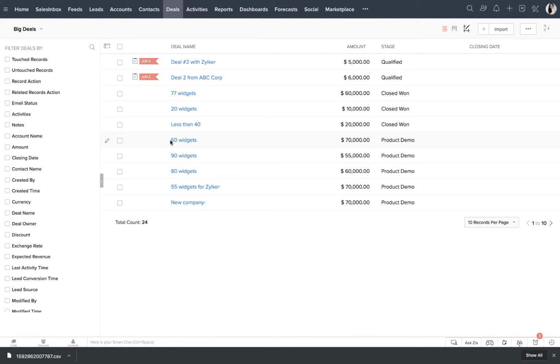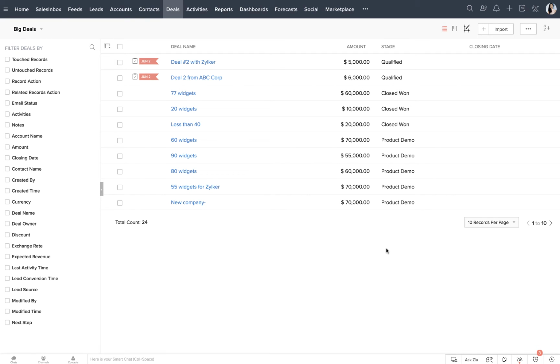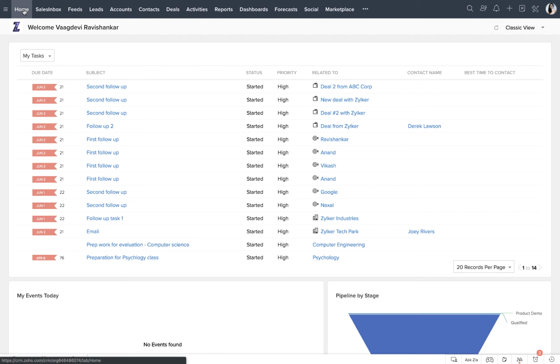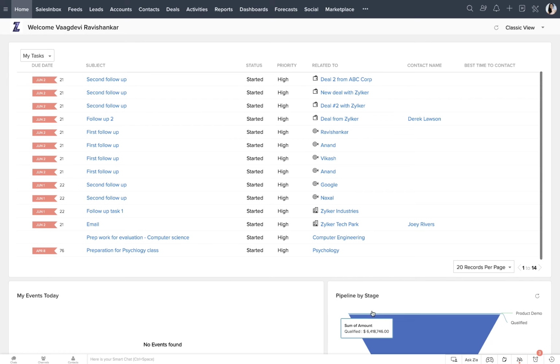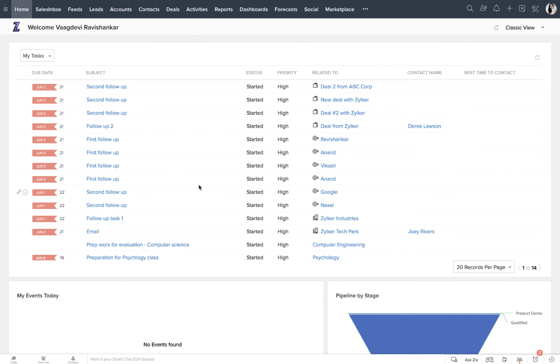Okay, so as you can see, if you want to keep a track of something important in your account, you need to go to different places to get it. So what we have done is given you something called the home page that serves the exact same purpose. That is, it helps you keep a track of your everyday progress. Now the home page in Zoho CRM consists of three types of views: classic view, users homepage view, and shared view. Now, the classic view is something that comes out of the box, and it consists of three components by default, and this view is not customizable.